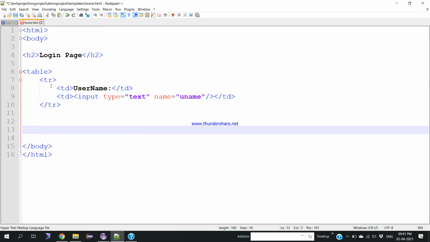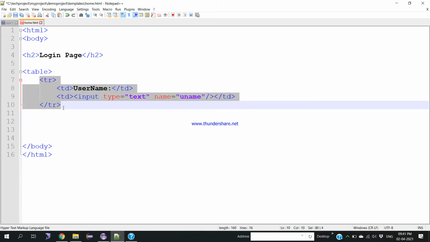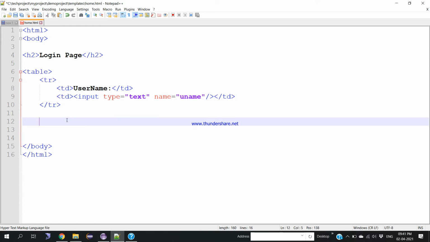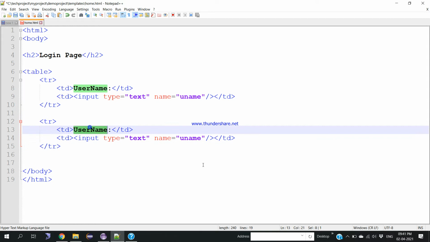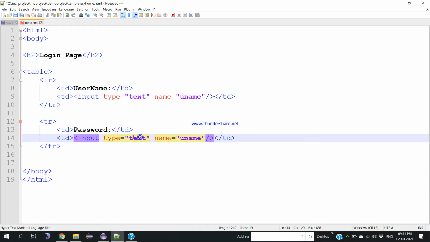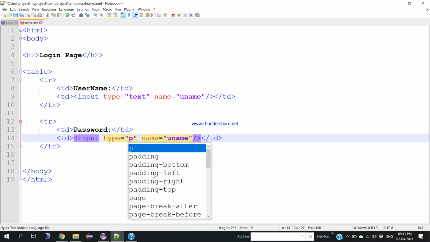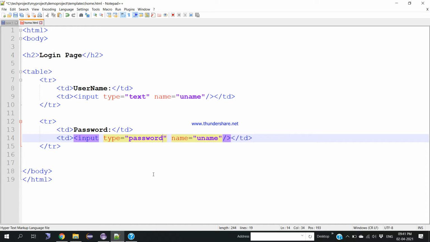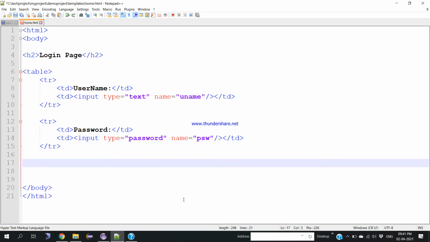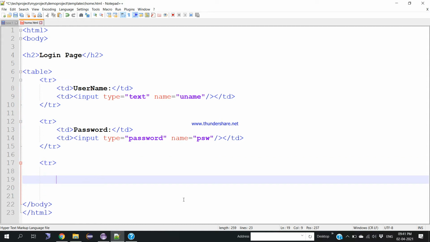Okay, let me copy the same thing, paste it here, take it as password. So anyway, we are taking a password box. The type is password, and so we need to give some other names. PSW I'll give, and I'll take one more table row,